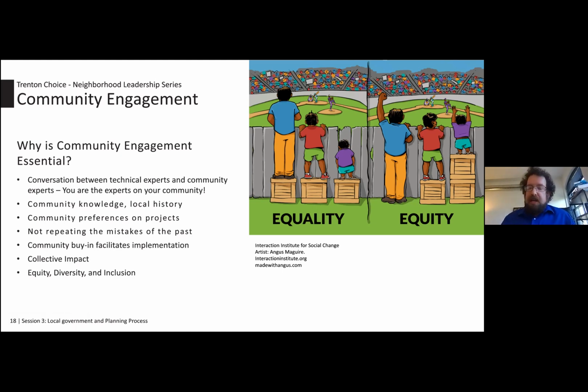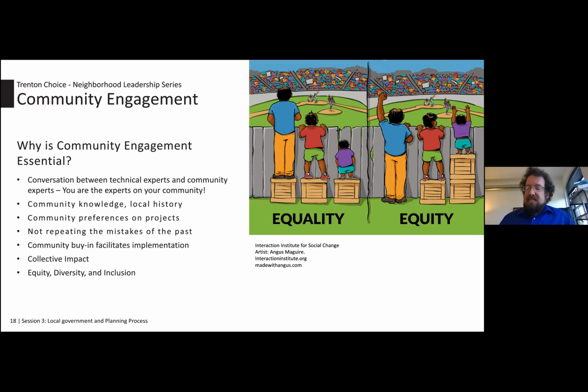So diversity is really about representation, and it's accounting for all the different ways that we're diverse in our communities. It can be about race, it can be about gender, it can be about age, it can also be about things like socioeconomic status, education. You want diversity of thoughts, you want diversity of ideas, you want diversity of values. You want everybody's different role in the community accounted for as part of your planning process.